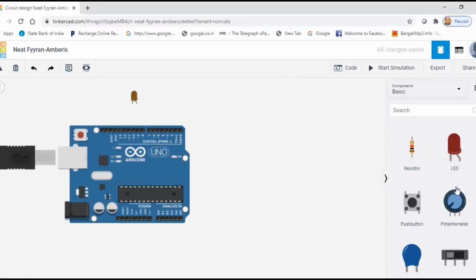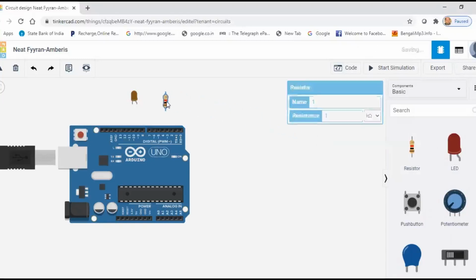Then we are taking this resistance. We can take the resistance value here as 220 ohm. We can choose any value between 200 to 1000 ohm, so we choose 220 ohm.